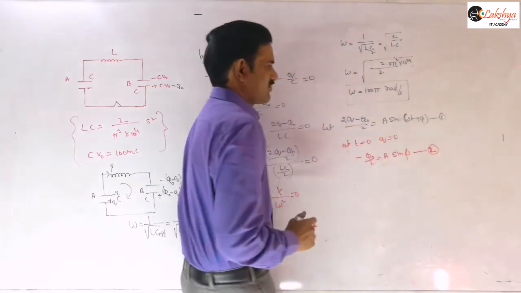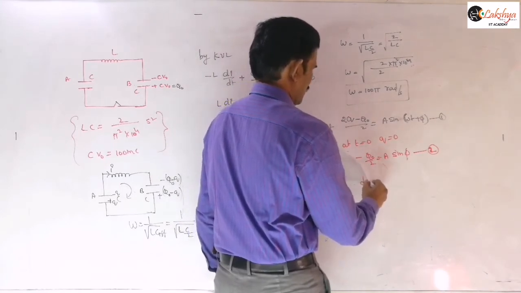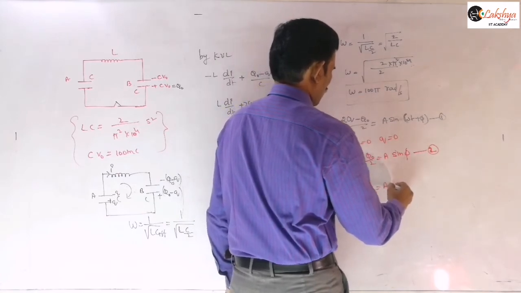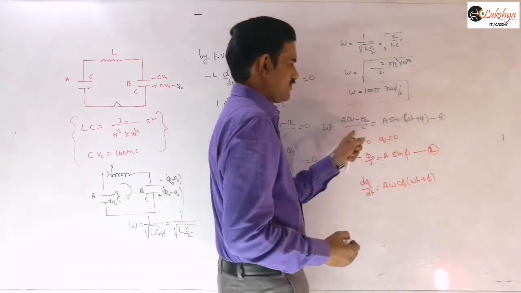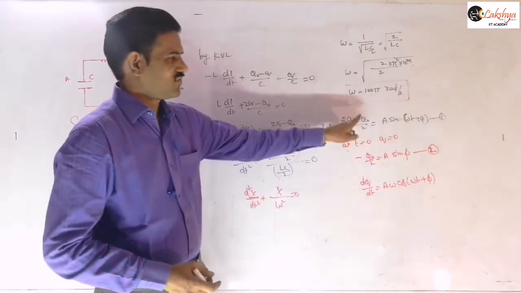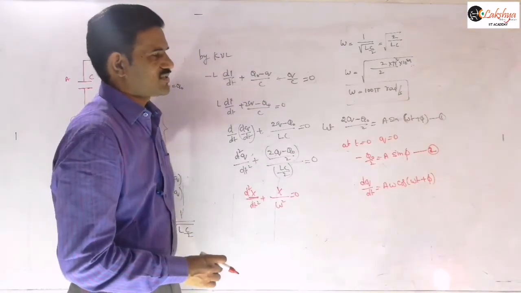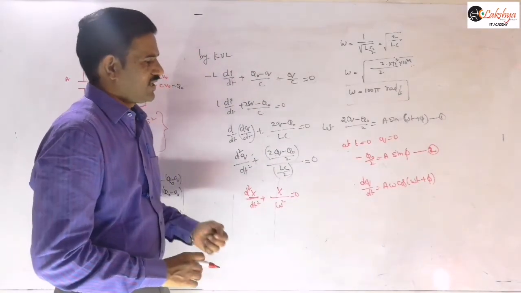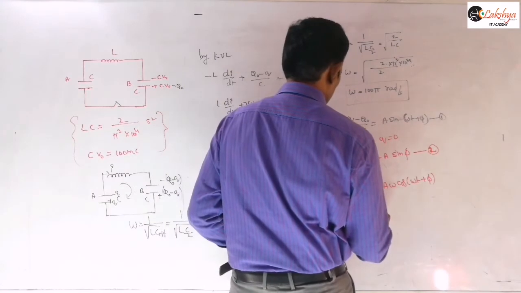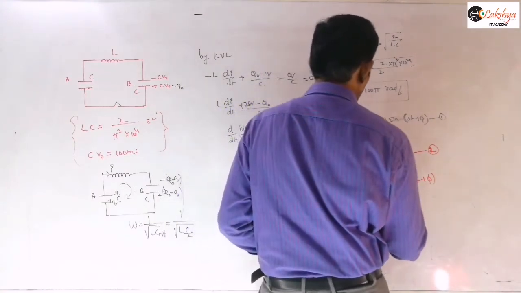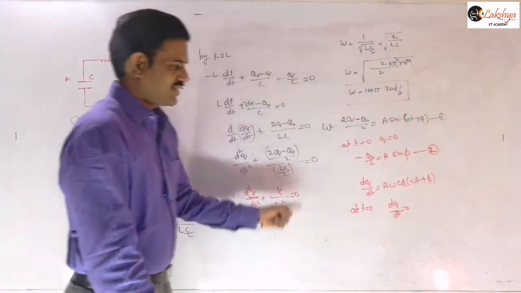And now let us differentiate that equation there. So then dq by dt is equal to A omega into cos of omega t plus phi. I am differentiating this equation, only here dq by dt you will get. So this q naught differentiation is 0, and then this A omega into, instead of the sine we will get the differentiation of sine as cos. Now again let us write this dq by dt at t is equal to 0 there. So at t is equal to 0, dq by dt value is 0, right? So then let us substitute that value there.